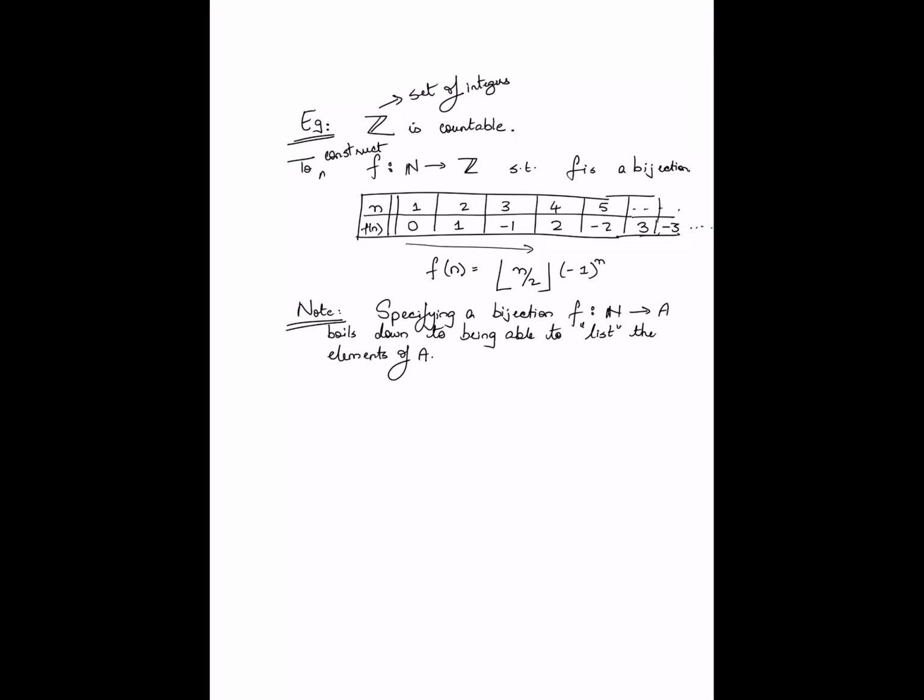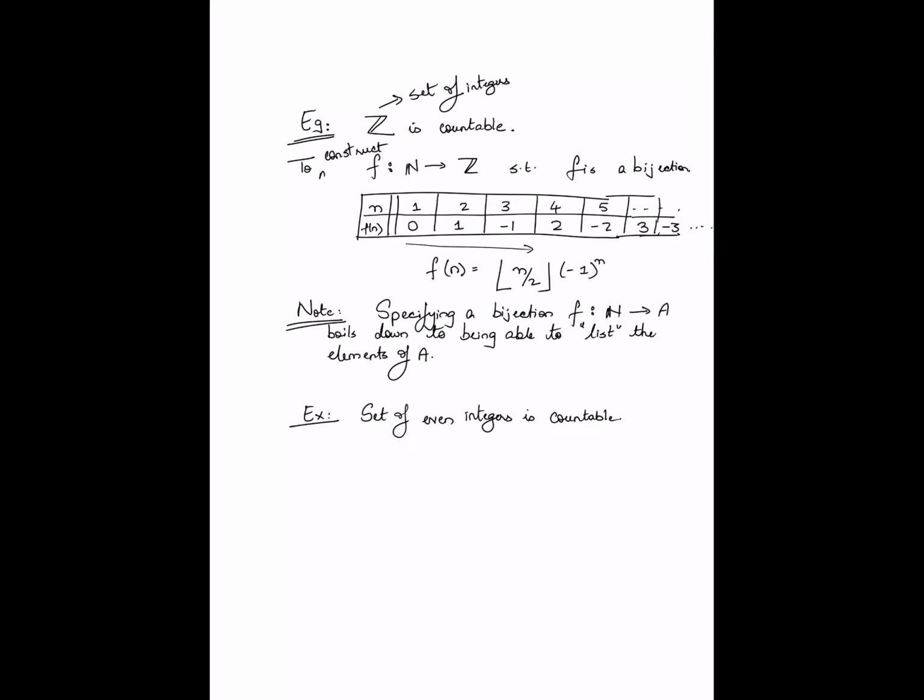Okay, so by that same token, you can actually show, and I'm going to leave this as an exercise to you, that the set of even integers is countable. Similarly, you should be able to show that the set of all integers which are multiples of 5 are countable, the set of all integers that are multiples of 7 are countable, and so on. So all of these are countable sets.